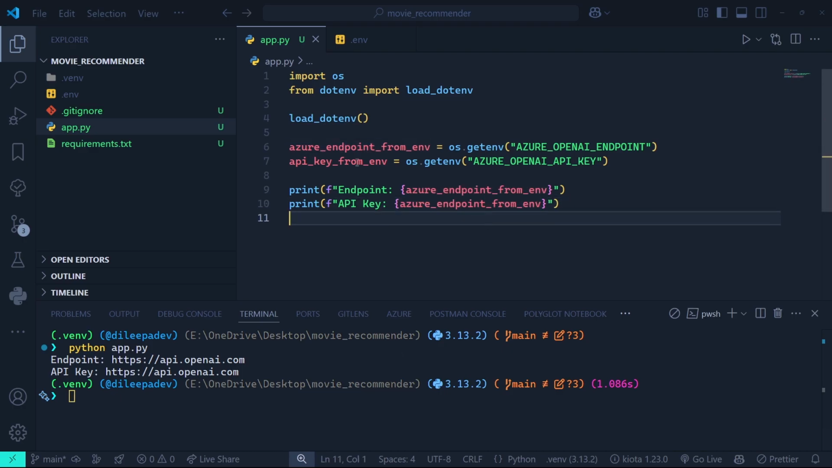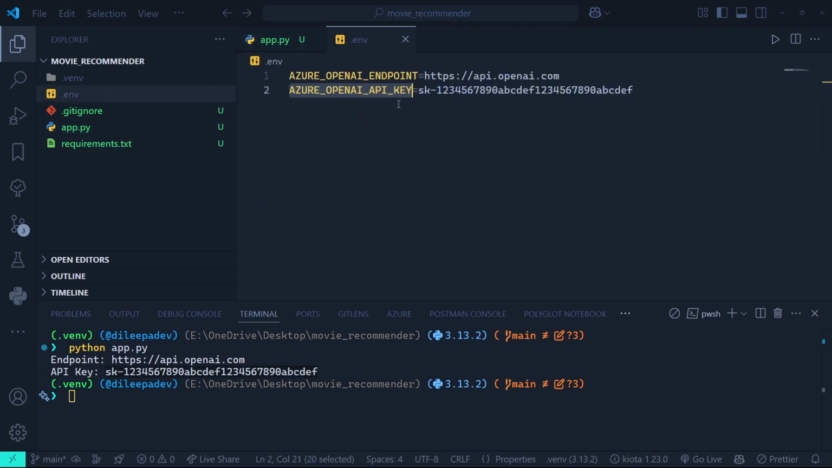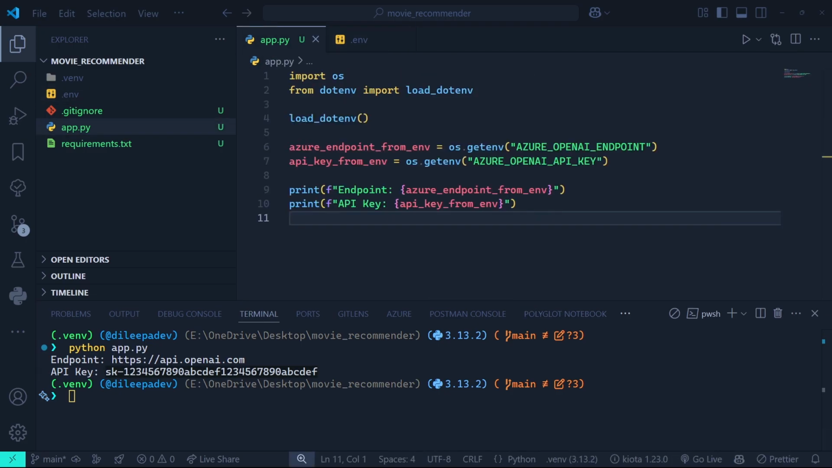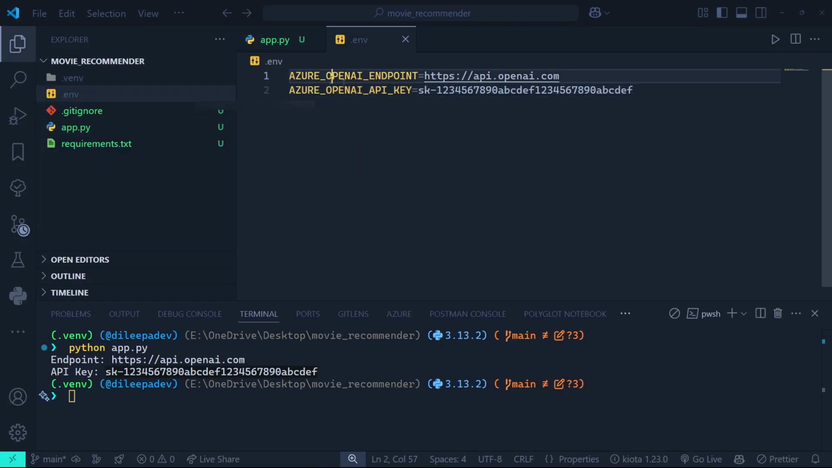Oops, I made a mistake again. Let's update this to API key from env. Just like we guessed, it's working correctly. Let's replace these values with the original ones, and then we can connect easily with the Azure OpenAI resource that